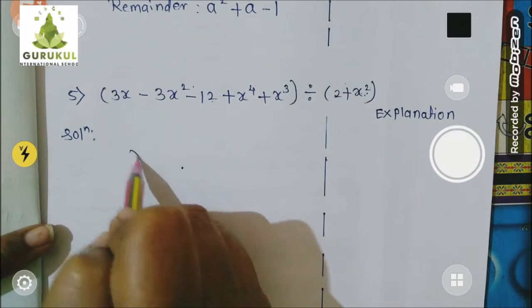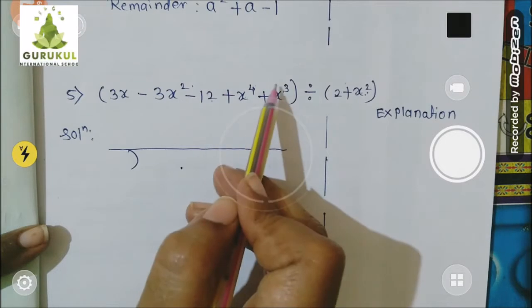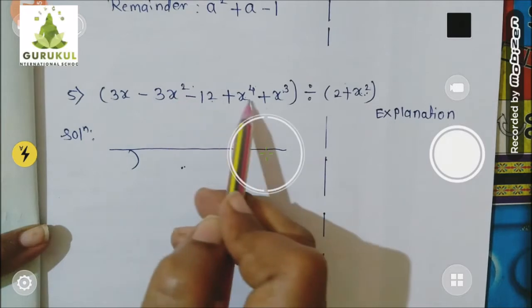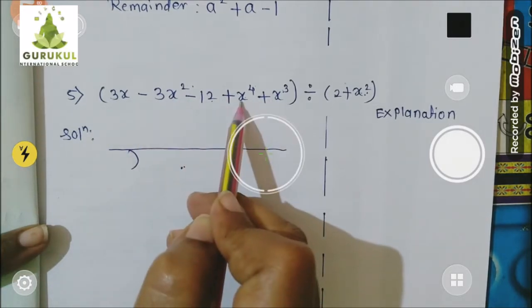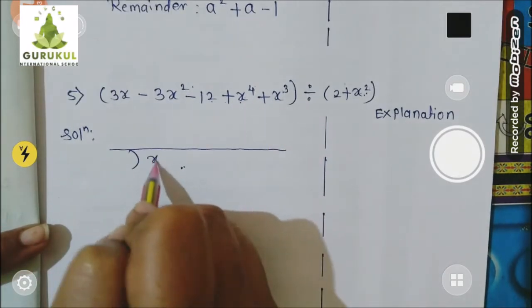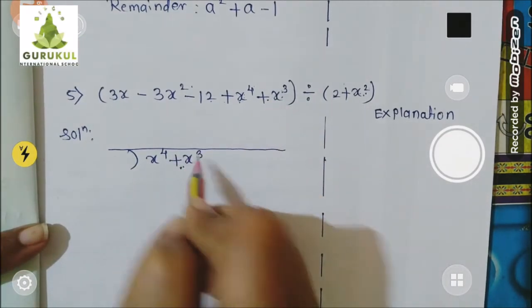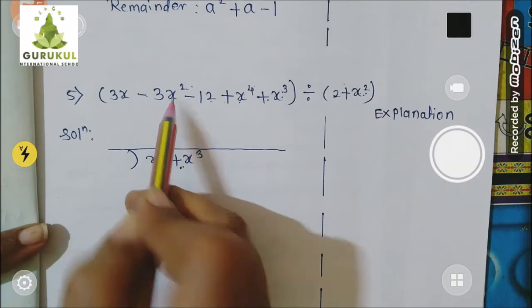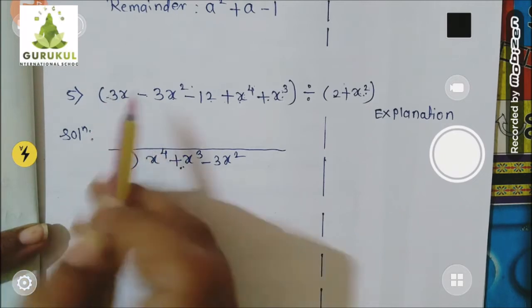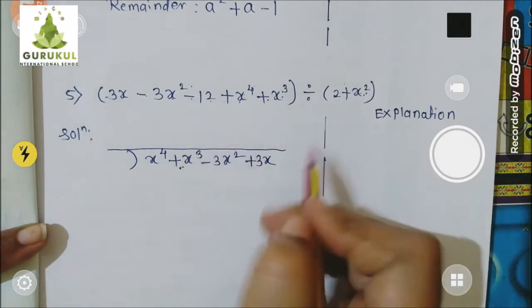So children, whenever I write for division, I will take care of it. Now this is a dividend, so this I will write on the right hand side. Okay. But first among this, which is the highest power term, x raised to 4. Along with sign you have to take it. Plus x raised to 4 I will write first. Then next power is plus x raised to 3. Then next power is minus 3x square. Then next, this has no sign, means plus 3x. And then I will write the constant number minus 12.